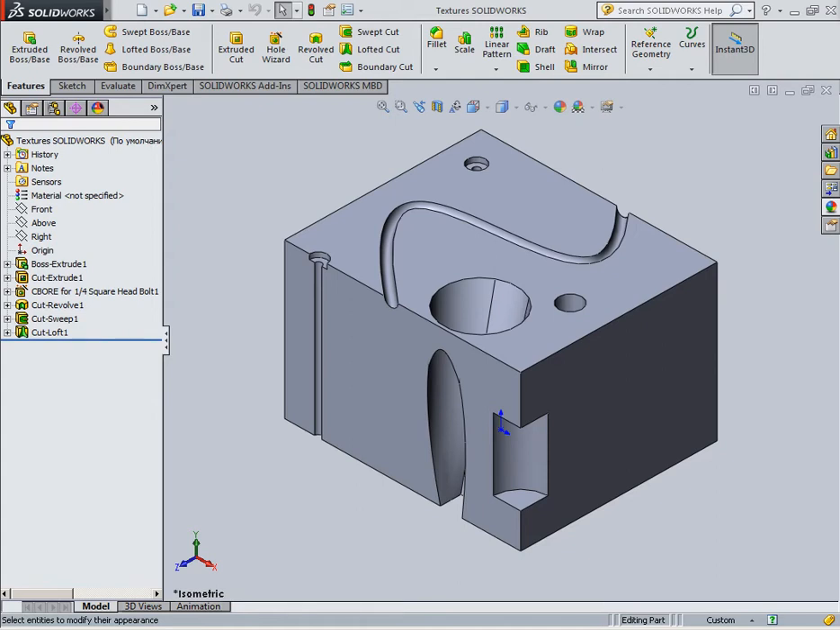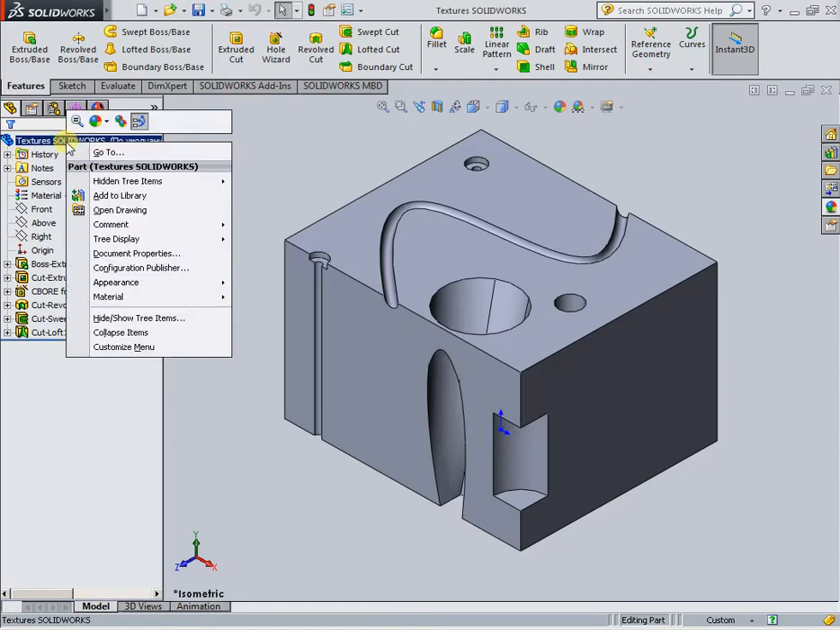Textures in SOLIDWORKS. On the part document of the cast, using the external view in the model tree, specify the left mouse button and click the right mouse button from the drop down menu. Activate the command Appearances